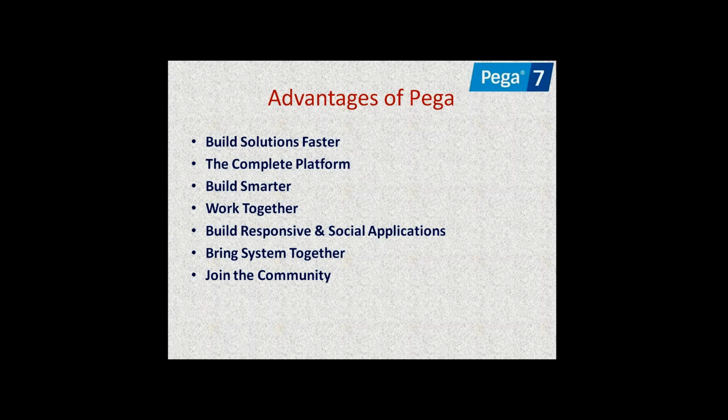Some of the advantages of Pega PRPC are that it builds solutions in a faster way, and the Pega people will provide